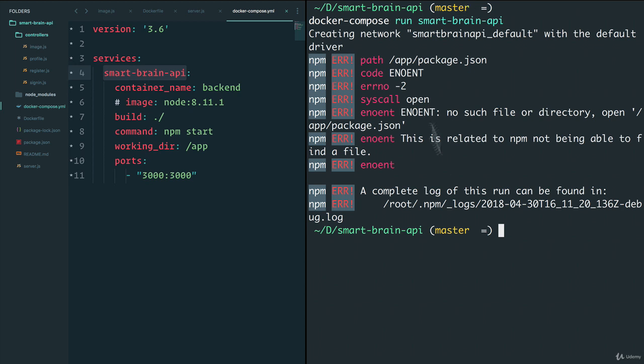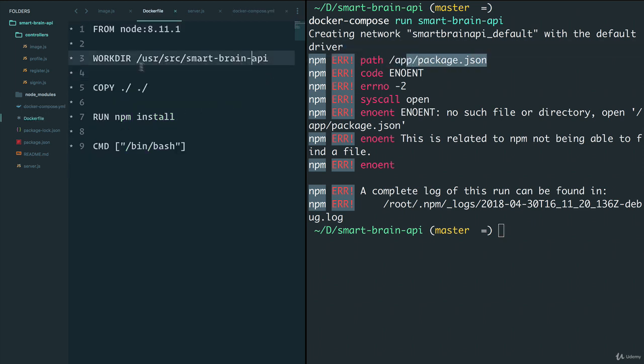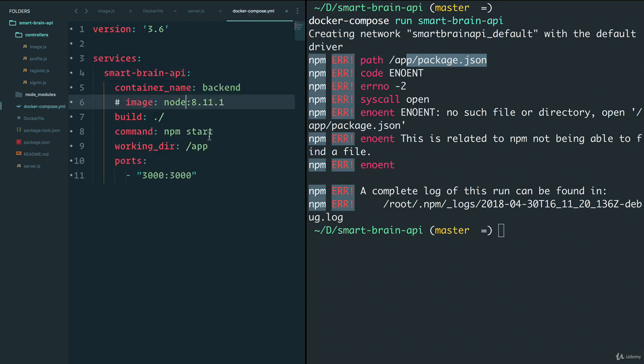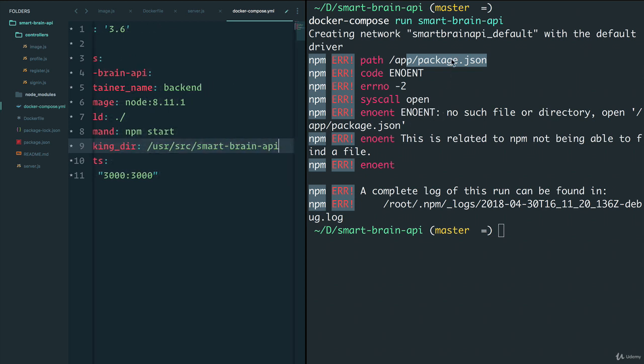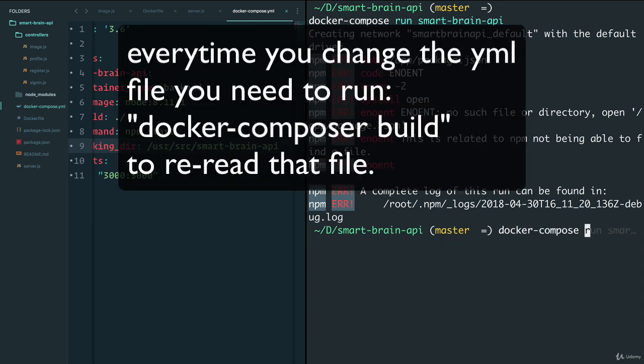So let's debug it. We see that we're looking for the path app/package.json. But if you remember, in our Dockerfile, our working directory is this. So just to get a point across with working directory, let's try and copy this here instead of the app directory that we created, because that's where our package.json files exist. If we run the build command again,